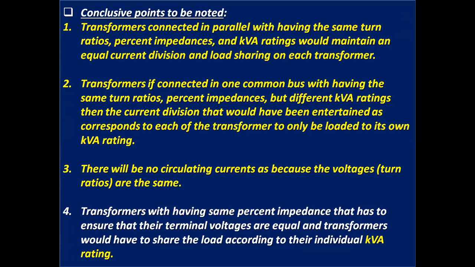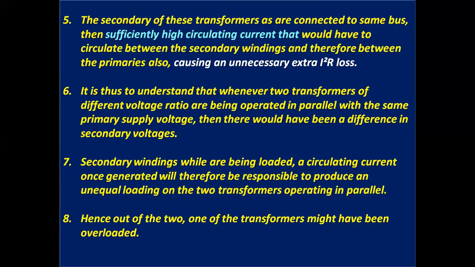Number 3, there will be no circulating currents because the voltages, that is turns ratios, are the same. Number 4, transformers with the same percent impedance ensure that their terminal voltages are equal, and the transformers would share the load according to their individual kVA ratings. Number 5, the secondary of these transformers are connected to the same bus, then sufficiently high circulating